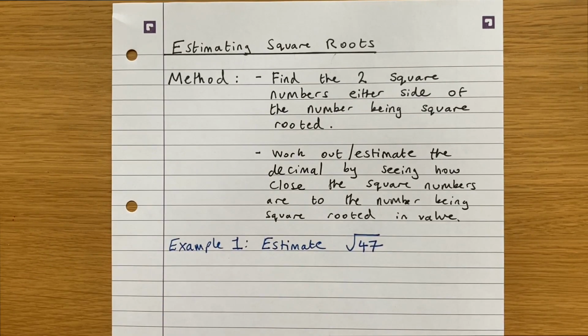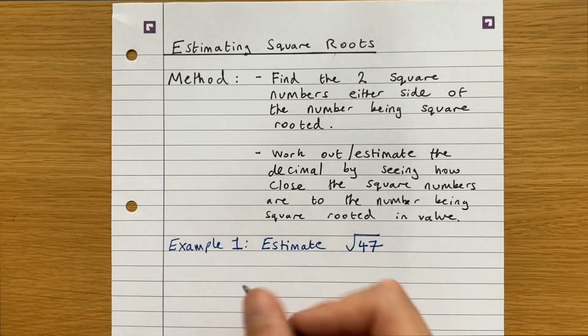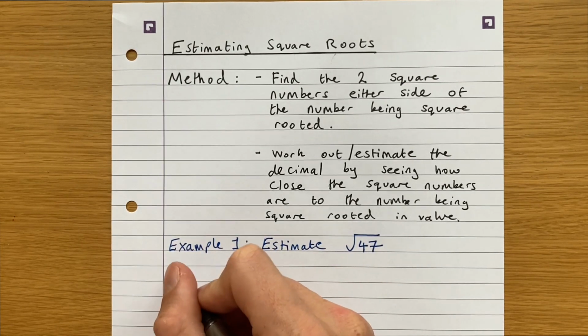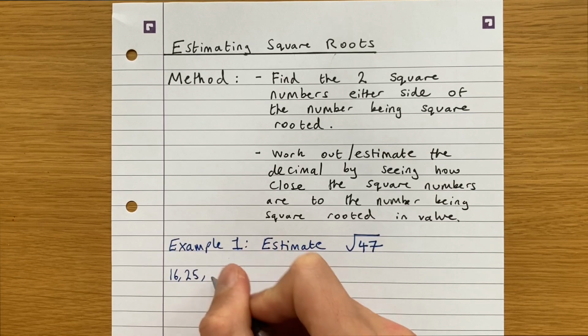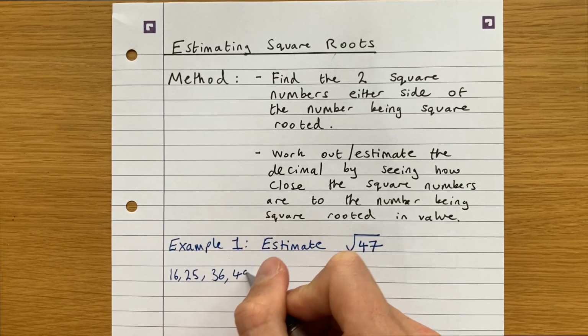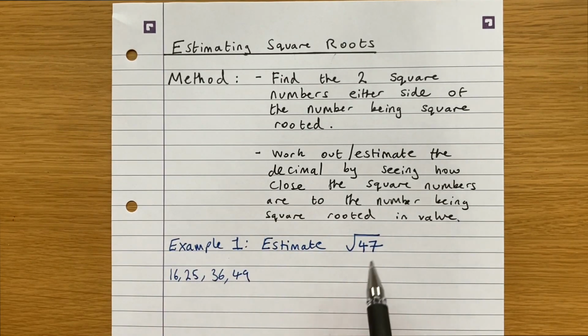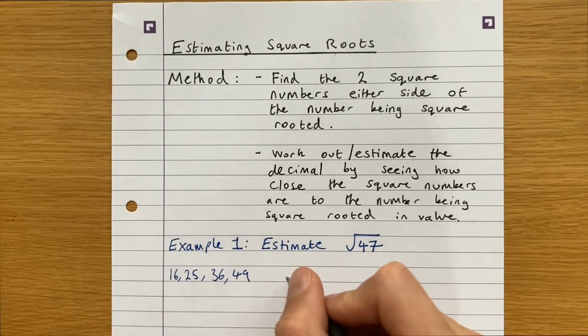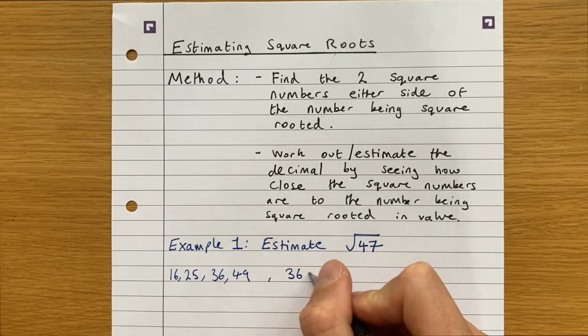So if we're asked to estimate the square root of 47, the first thing is to find the 2 square numbers either side of the number that's being square rooted. If we just write down some of the square numbers, we've got 16, 25, 36, 49, and so on. We notice that 47 fits right in between 36 and 49. So if we just write that, 36,